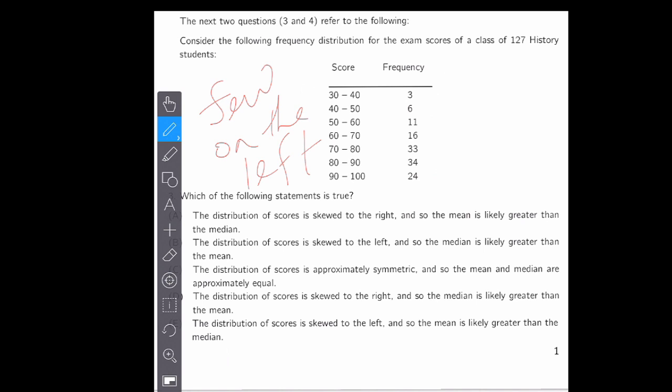Now, when it's left skewed, remembering the relationship between the mean and the median, the mean is sensitive to the outlier. So that means the mean will be drawn towards